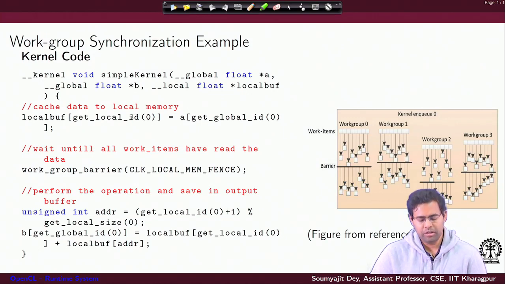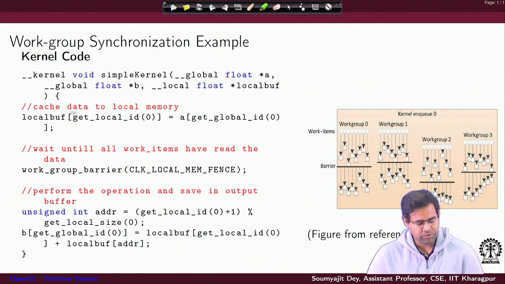Essentially, they help you figure out the global ordering of the threads and the local ordering of threads inside the work group. Using the local ordering of threads, you figure out in which position of a local buffer you will be writing a value, right?